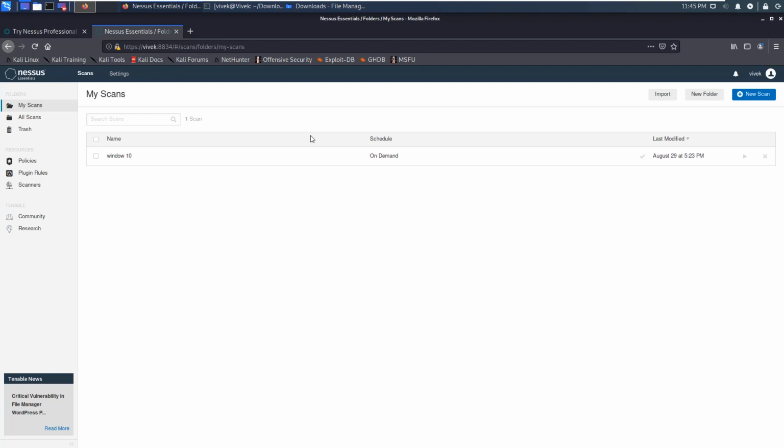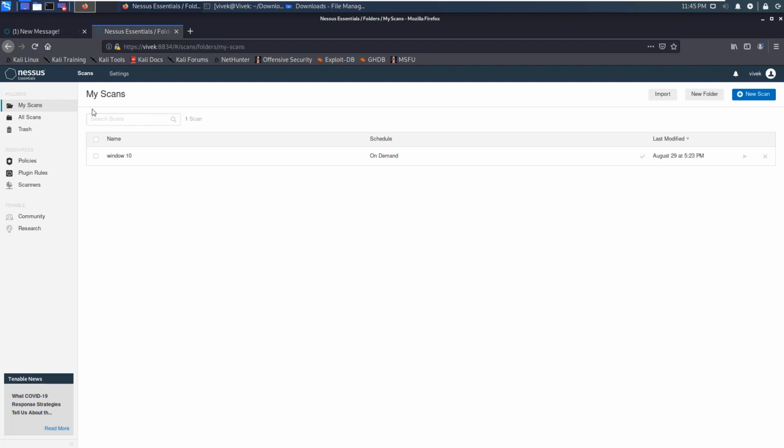Put that code there, then it will start updating. It will take almost 20 to 40 minutes because it will update and compile all the plugins. After completion of the plugin installation, you will find this screen. Once you see this screen, it means Nessus has been installed in your system.